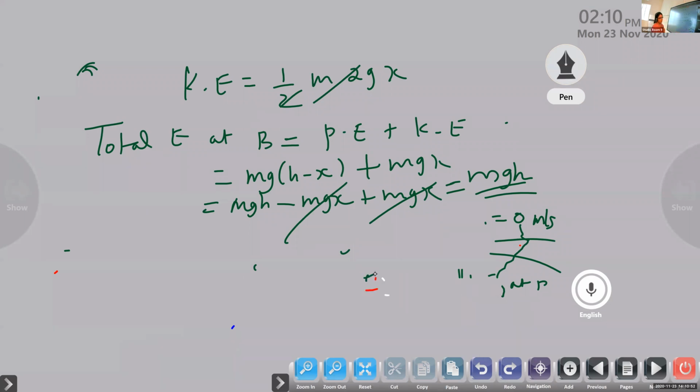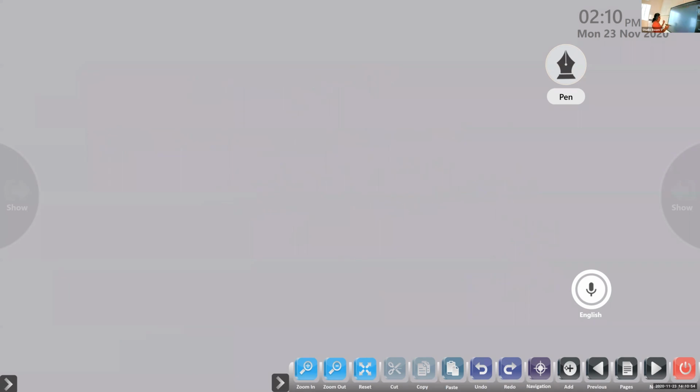Okay, now we are moving on to the last one. Nothing to calculate there, it is clear. Object at C. What have we learned? When an object hits the ground, the potential energy will be fully converted into kinetic energy. Therefore, potential energy is zero at that point. Thus, write down